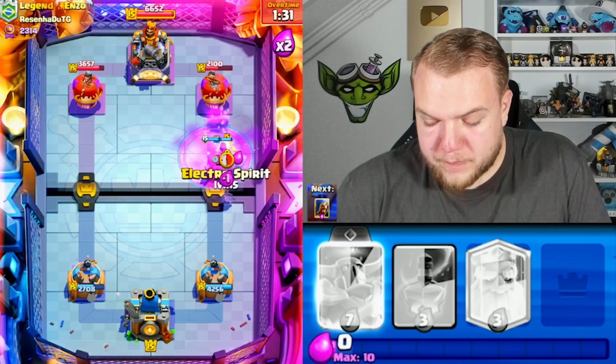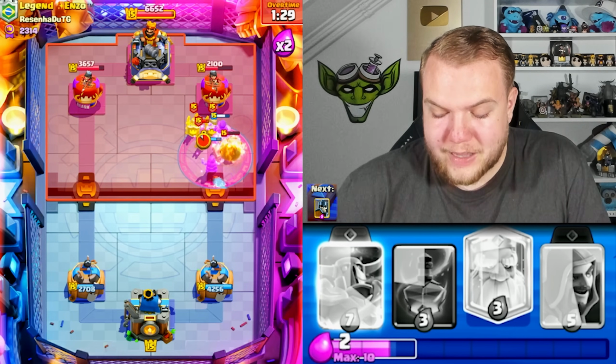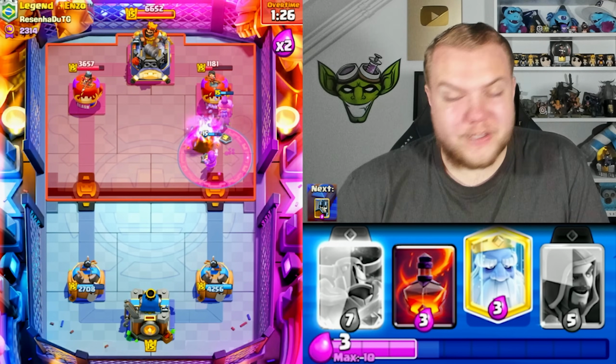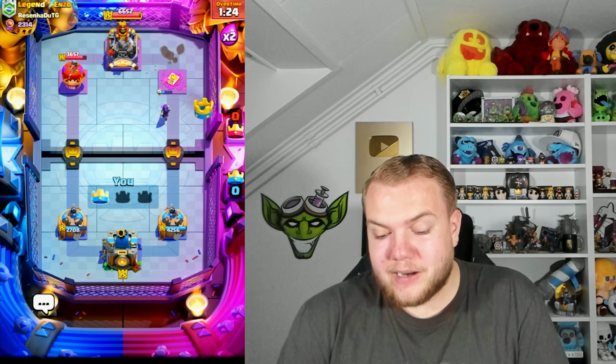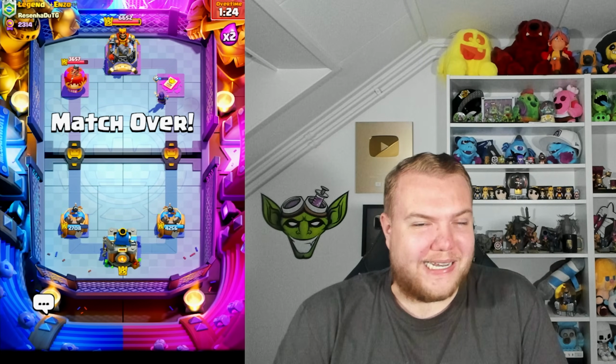I'm gonna go with Ram Rider plus Rage here, and I think he should not be able to defend it. Why? Because he spent so much elixir on offense. He went with the Ram Rider, he went with the Evil Zep, and there was definitely a big overcommitment on his part. As soon as I saw the Zep, I was like, wait a second,